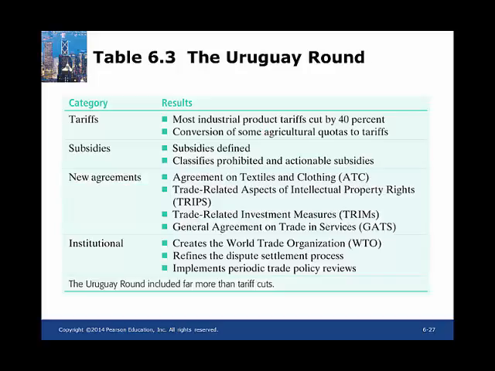Table 6.3 shows the Uruguay Round, its categories and the results. Tariffs: most industrial product tariffs were cut by 40%, and some agricultural quotas were converted to tariffs. Subsidies: subsidies were defined and classified as prohibited and actionable subsidies. New agreements: the Agreement on Textiles and Clothing,